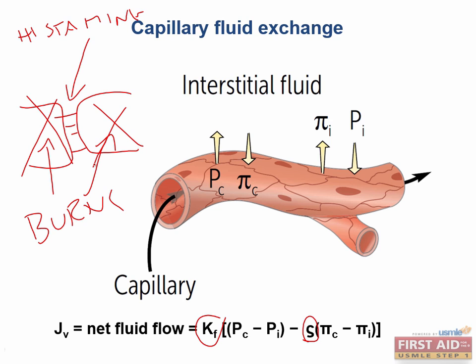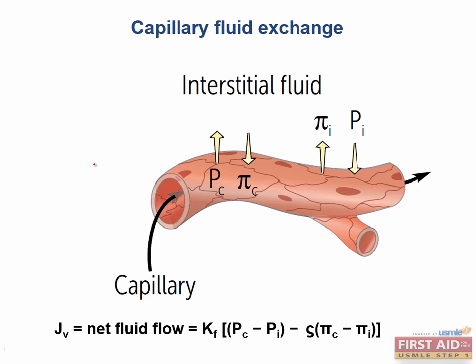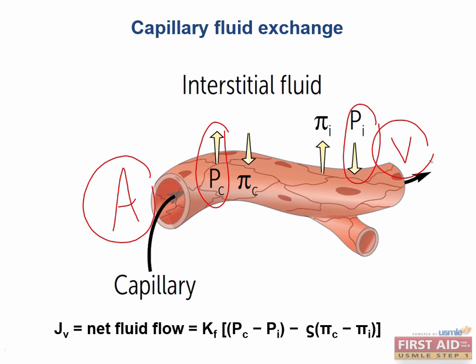Now let's get a little more in depth and understand why these arrows are pointing in certain ways along the capillary vessel. Do you see how the capillary hydrostatic pressure is flowing out of the capillary on the arterial end, and now it's flowing in on the venular end? This is because resistance is very low, and the fluid that was just pushed across the capillary wall on this side can now come back in on the venular side. So this hydrostatic pressure gradient influences oncotic pressure directly. For example, on this arterial end,